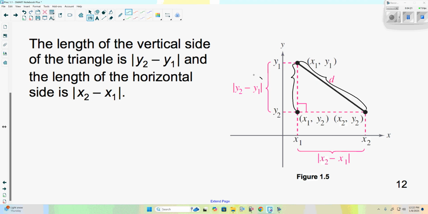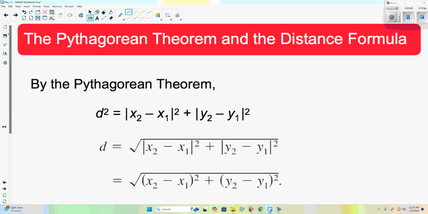Now this distance is this value of y2 minus y1. That's just how we find the distance of a straight line. Same thing here with x2 minus x1. So side length a really can be defined as y2 minus y1. And we could say that b is x2 minus x1. So therefore,